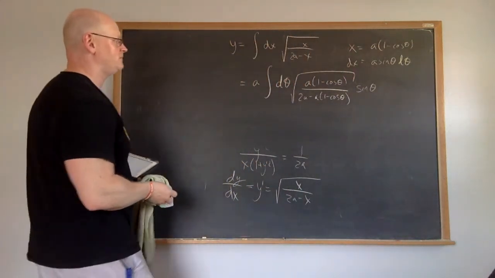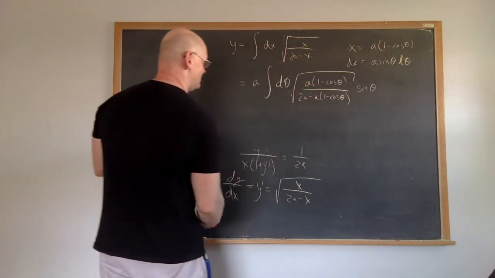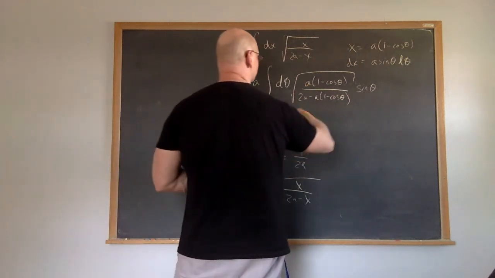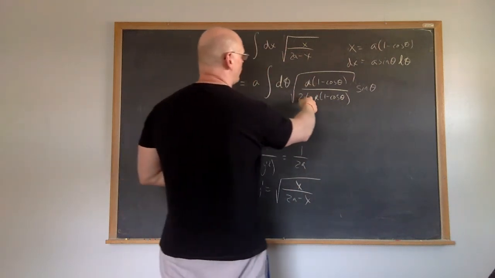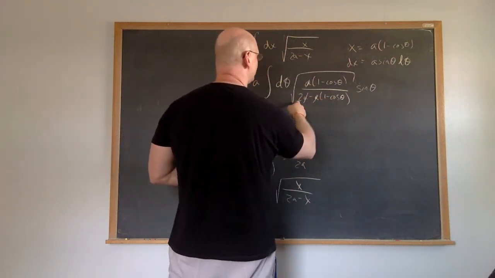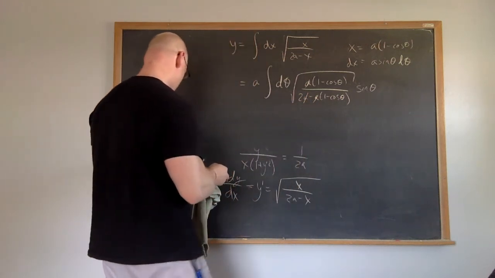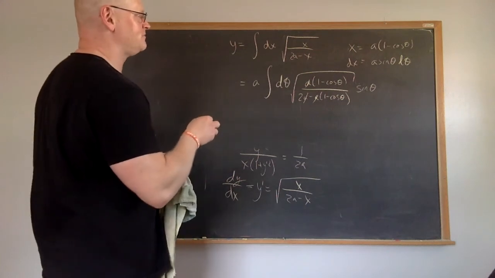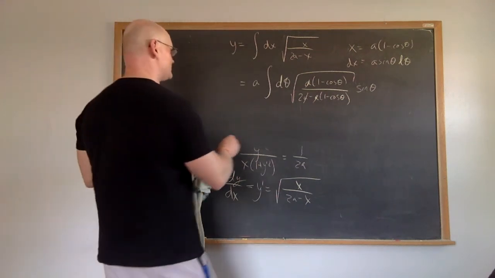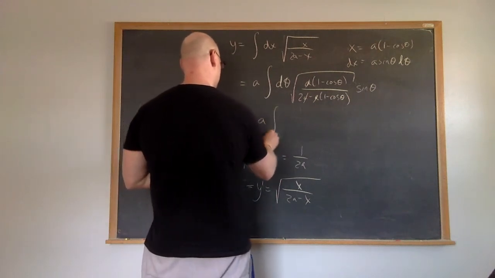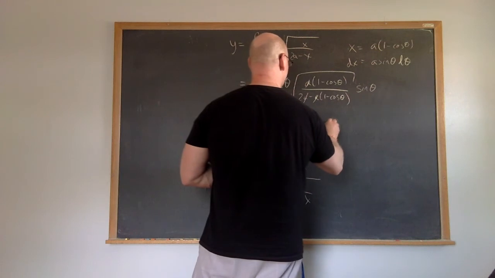So from here, basically what's going to happen is we're going to cancel some terms. Let's factor out the a. Actually, the a is going to cancel, right? So this a here is going to cancel with this a. This is going to become 1 minus 1 plus cosine. So the 1 minus is going to cancel, so it's going to become a 1 plus cosine. Sine, remember you can always write as the square root of 1 minus cosine squared. So ultimately this thing is going to become equal to the integral a d theta 1 minus cosine theta,